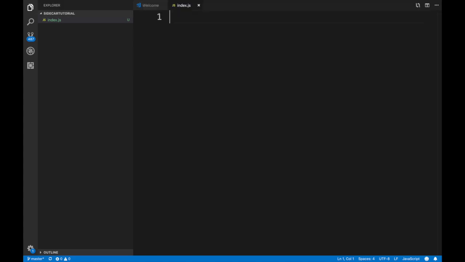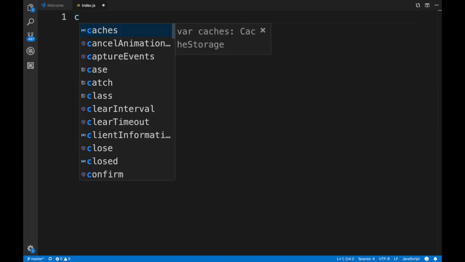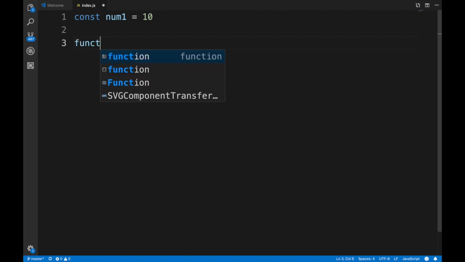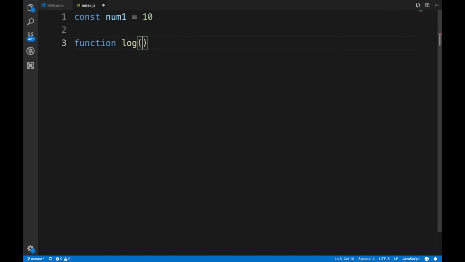So what we're going to do here is a really basic application, guys. I'm going to declare a number called num1, say 10, and build an application that takes the number, multiplies it by itself, and then logs it. Very basic application. I'm going to write a function called log, and that function takes a number. Then it creates a message, for example, and that message will be, hey, your number